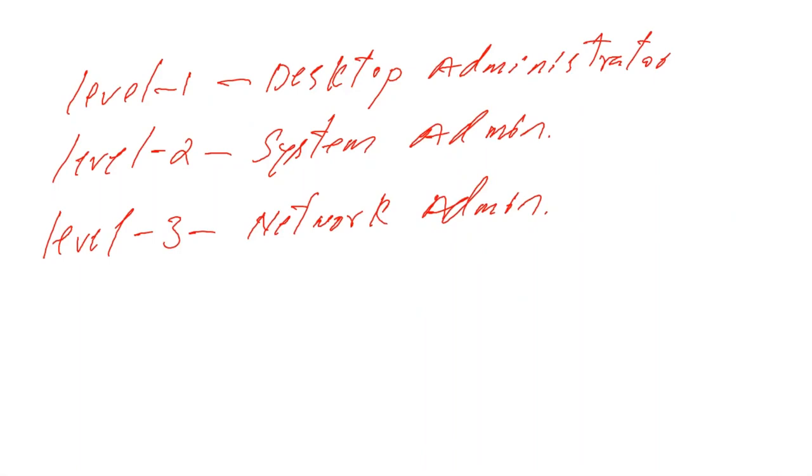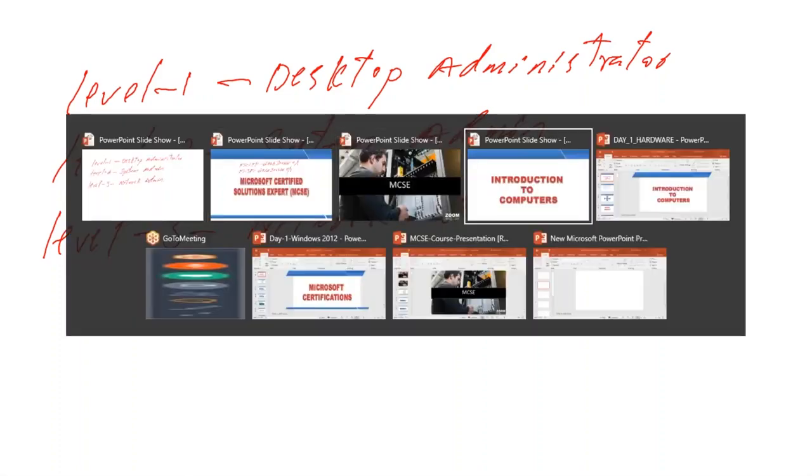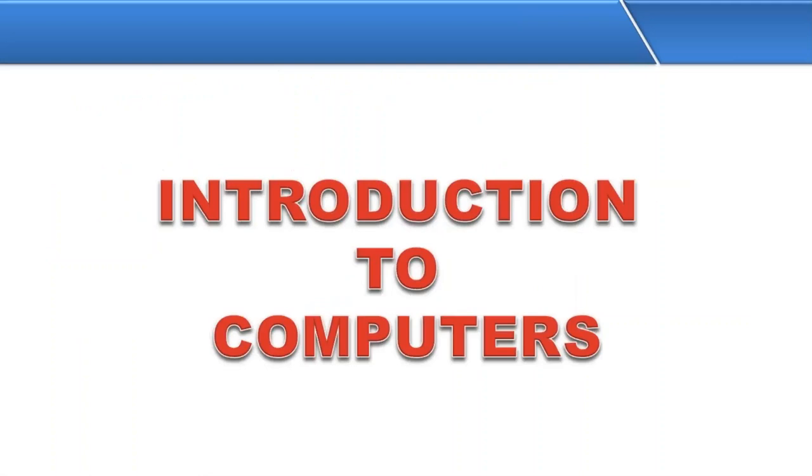Today we are starting the first day of the MCSE class, which is a basic, introduction class, so we'll start with the basic things. After joining any company, you can call yourself a system admin, and the system admin is managing the machines. Machines means your servers, your clients, your desktop machines, laptops. You are going to manage them. We are starting with the introduction to the computer. Already in our schools, in our colleges, in our life, we know what a computer is, but today we start with what a computer is.